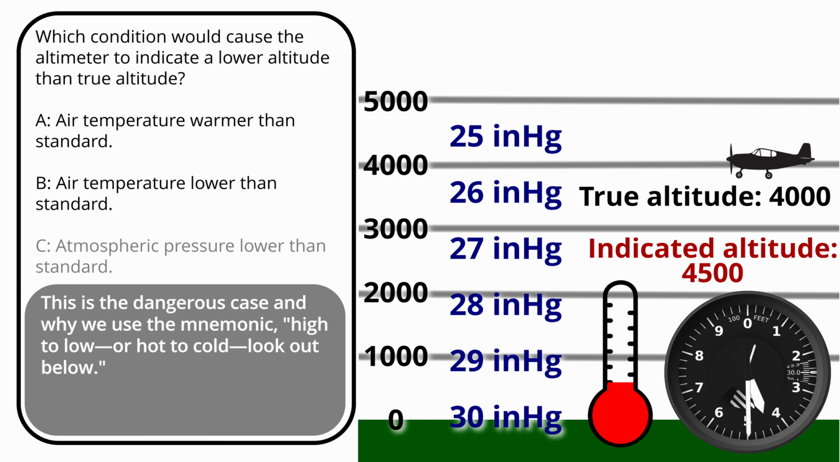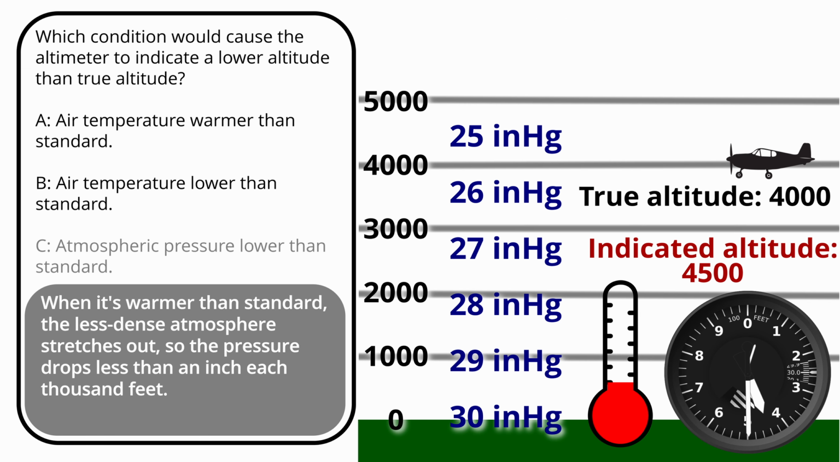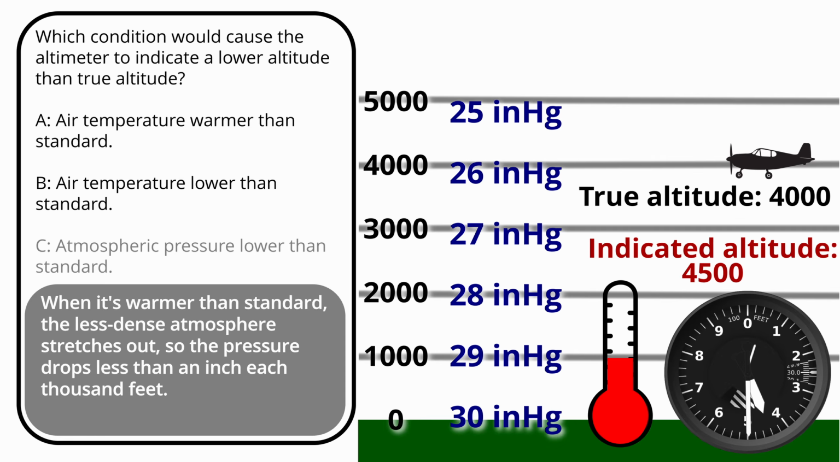This is the dangerous case, and why we use the mnemonic high to low or hot to cold, look out below. We think we're at a safe altitude based on the altimeter, but may be closer to terrain than is safe. When it's warmer than standard, the less dense atmosphere stretches out, so the pressure drops less than an inch